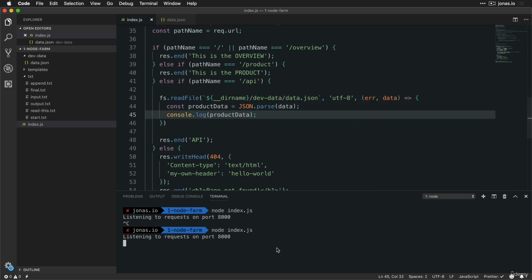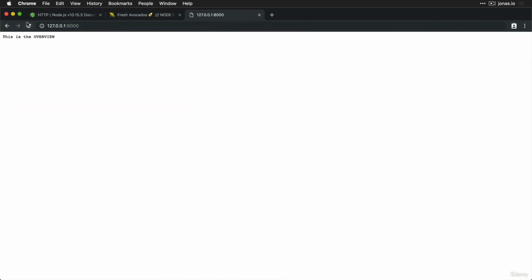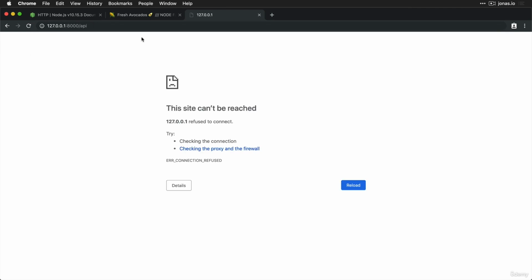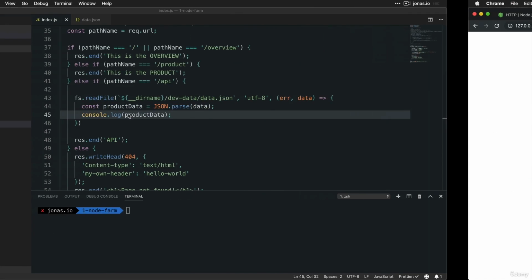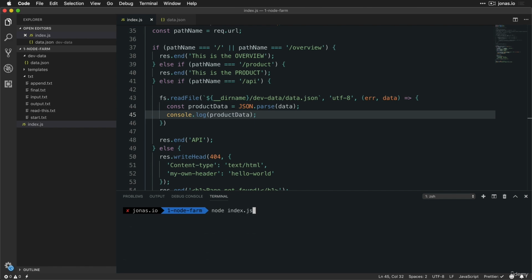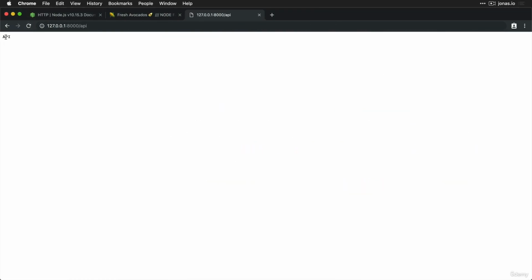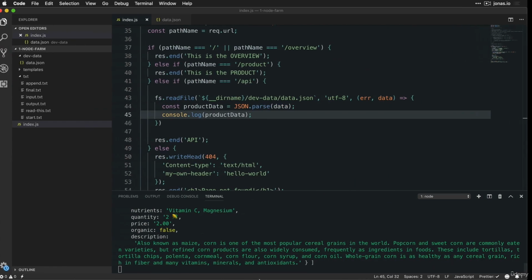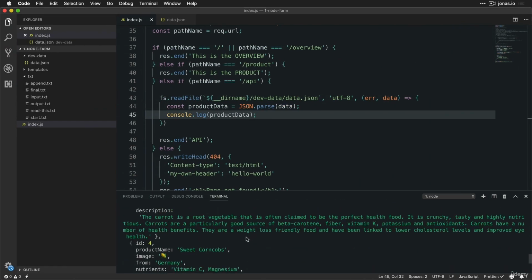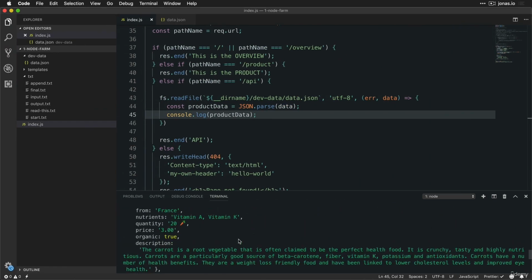So in the console in this case. So restarting the server, and now don't forget to hit the /API route. And oh, what's happening here? Oh, we didn't actually restart the server. Okay, and so now we get the response API, and let's now take a look here actually at the product